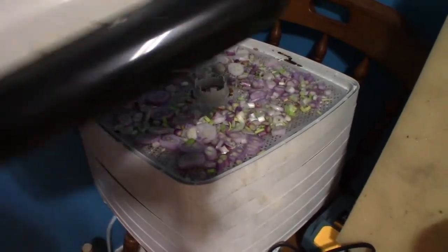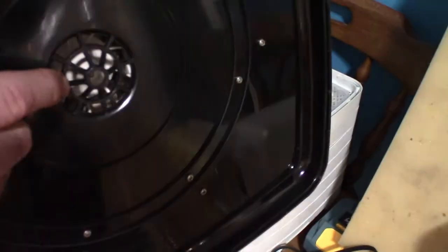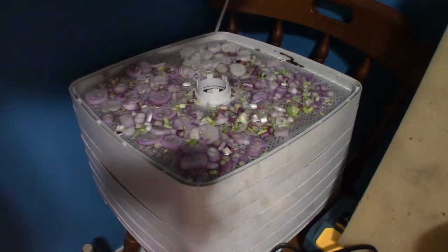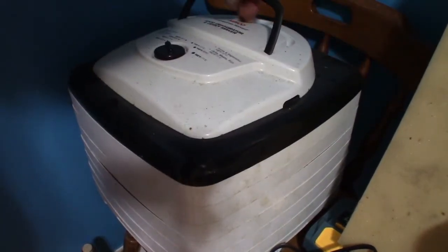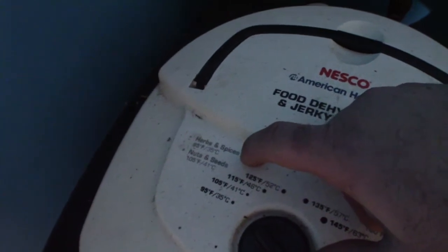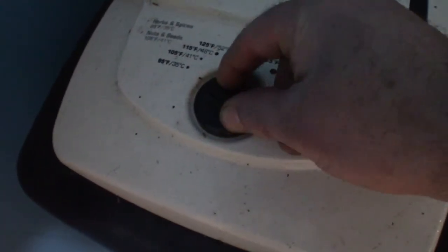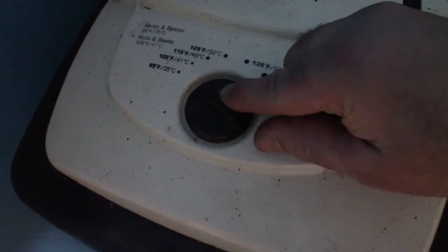And here's the top. You see the motor is in the top, the heater is here, and the heat blows out there and blows it down through. Set that there. And it gives you your temperatures, you see. Herbs and spices. It says 95 degrees Fahrenheit or 35 degrees Celsius. So I take my dial here and I turn it to 35 degrees Celsius,